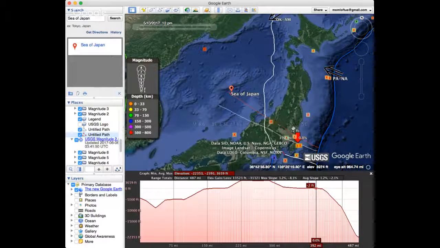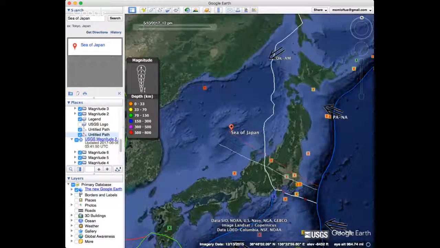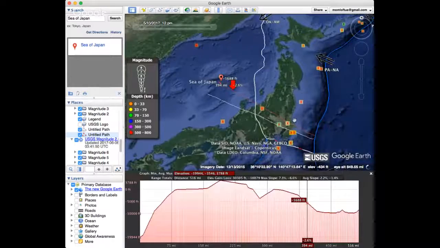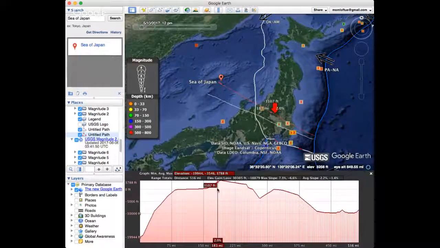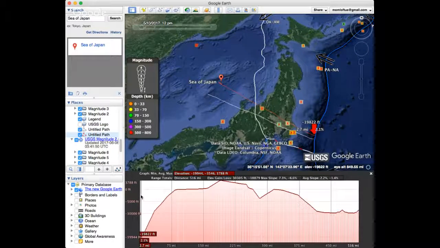All right. So I'm going to change which one we're looking at. So let's look at elevation profile. Oh, that's really weird. It goes backwards. So the trench at that point is almost 20,000 feet below sea level. And then when we get here, which is near our first earthquake point,